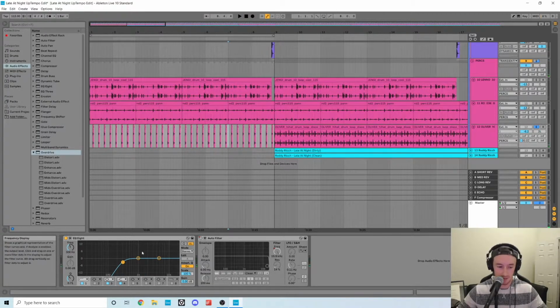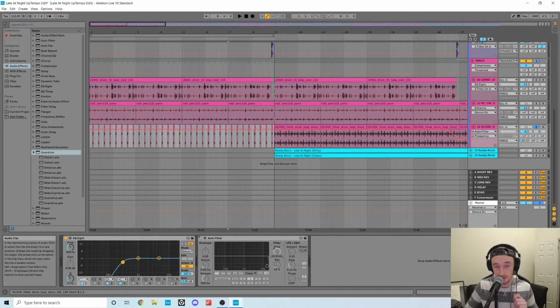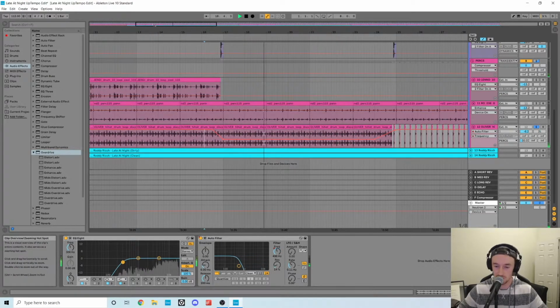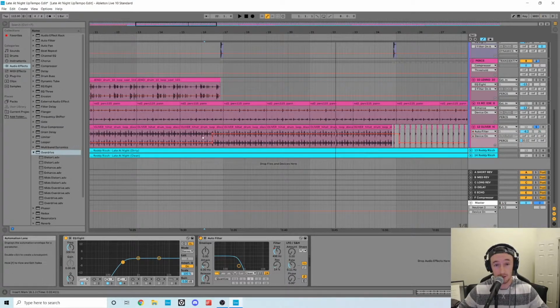And then I just used an EQ here, and since there was a lot going on with this hat because it's kind of like a rolling hat, I used an auto filter to help with the transitions. So you can see it's making that really quiet and it's filtered all the way down, which is really nice. And then another thing I did here was I control when the filter goes on and off